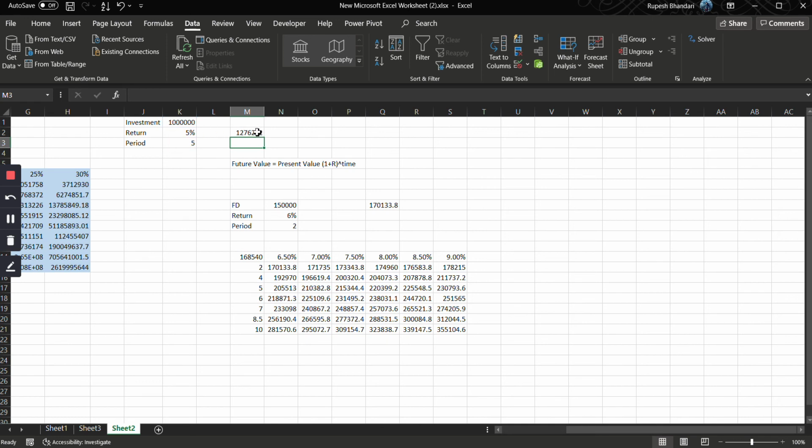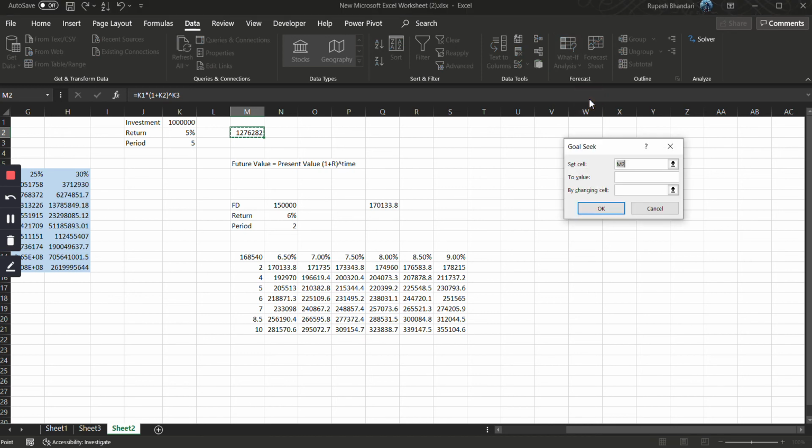That's our investment in 5 years at the rate of 5% return, right? So if you use goal-seek, set the value to, let's say, 2 million, right? 2 million,